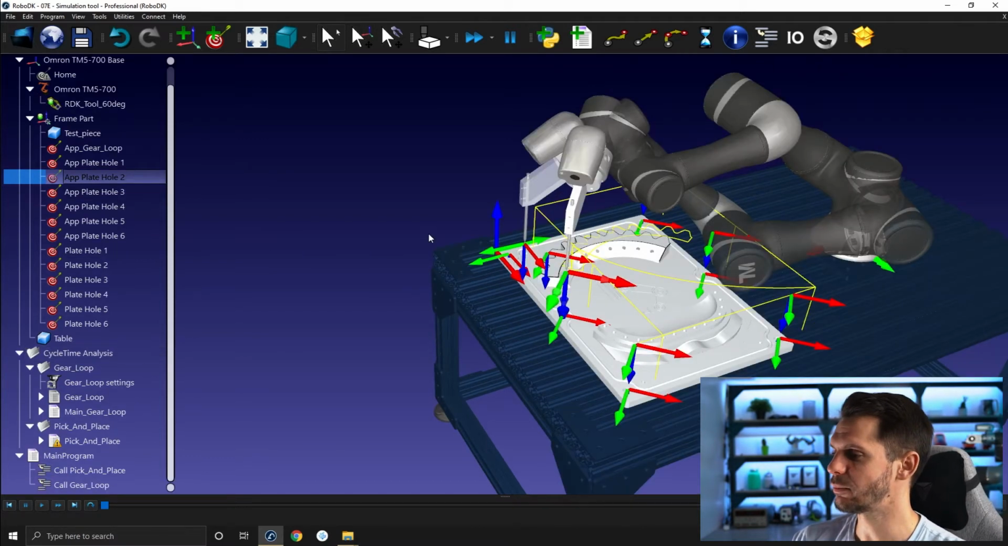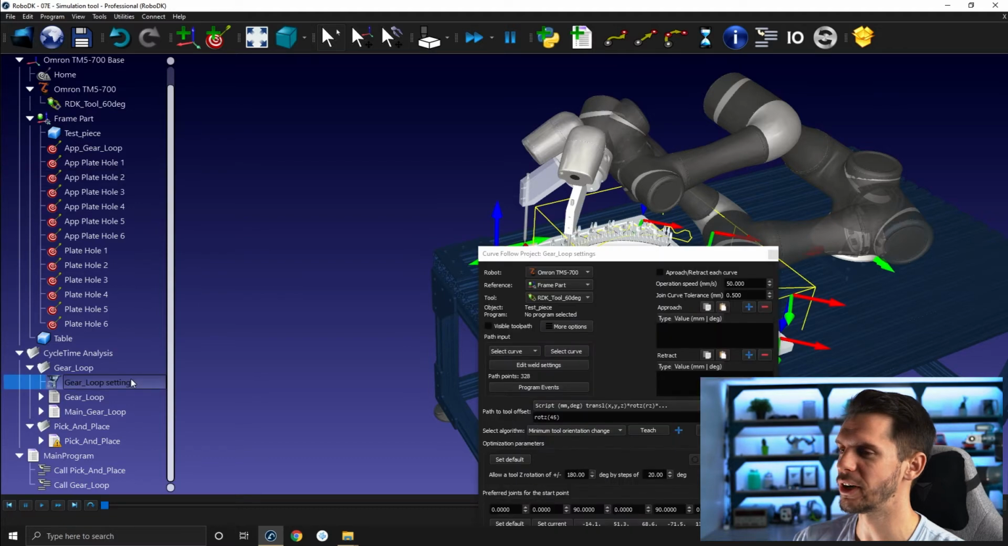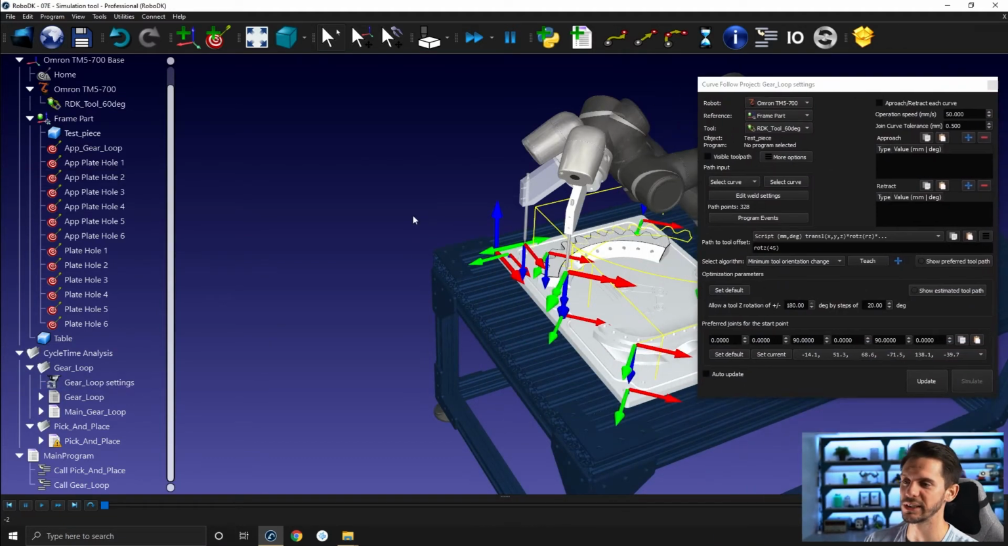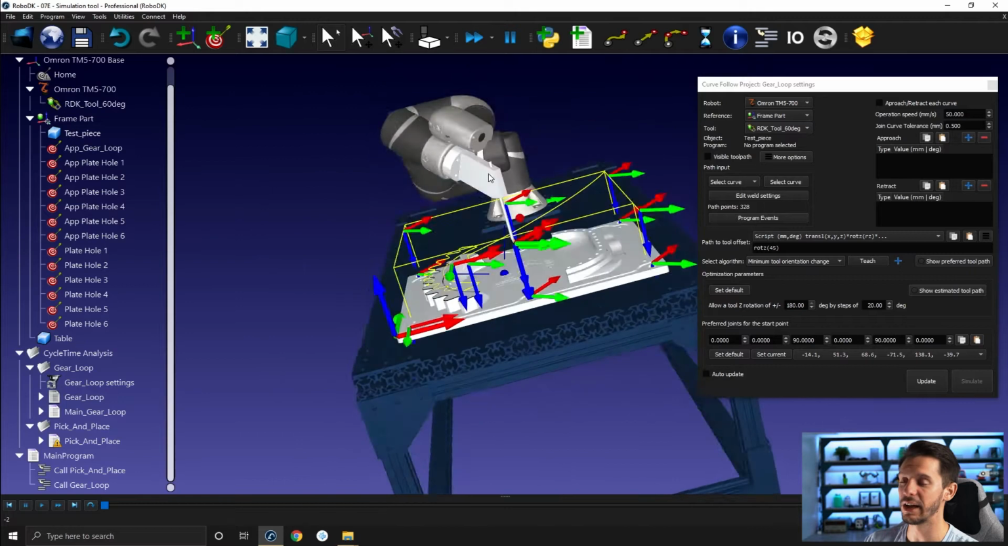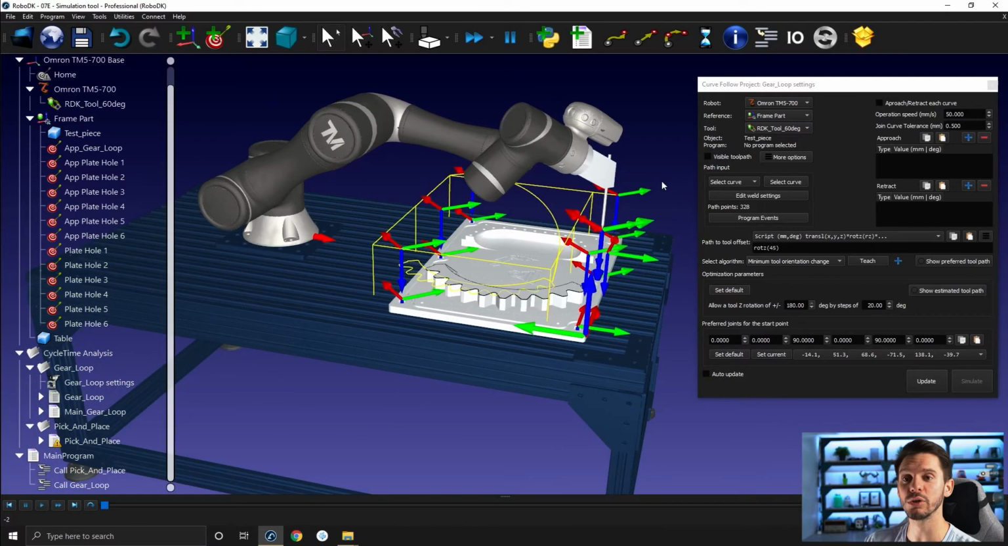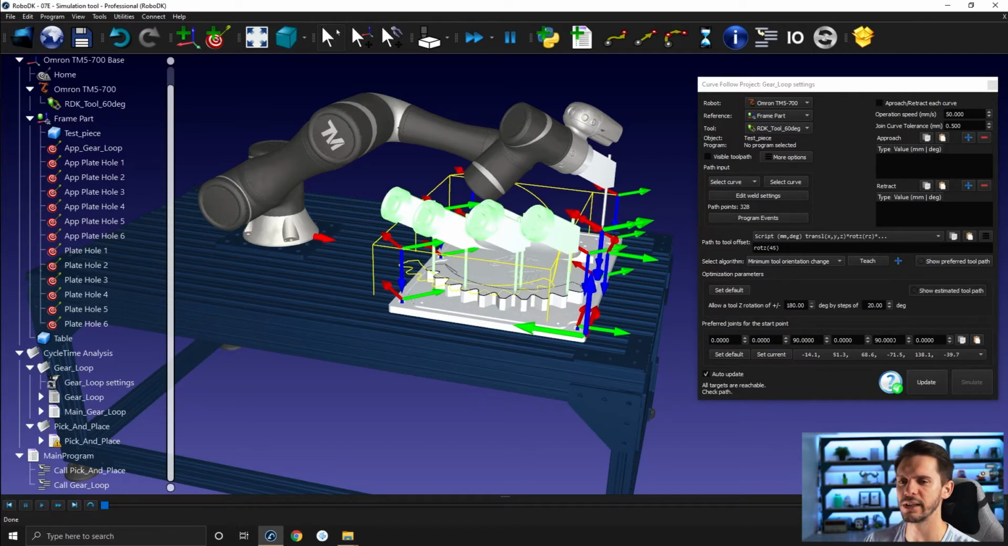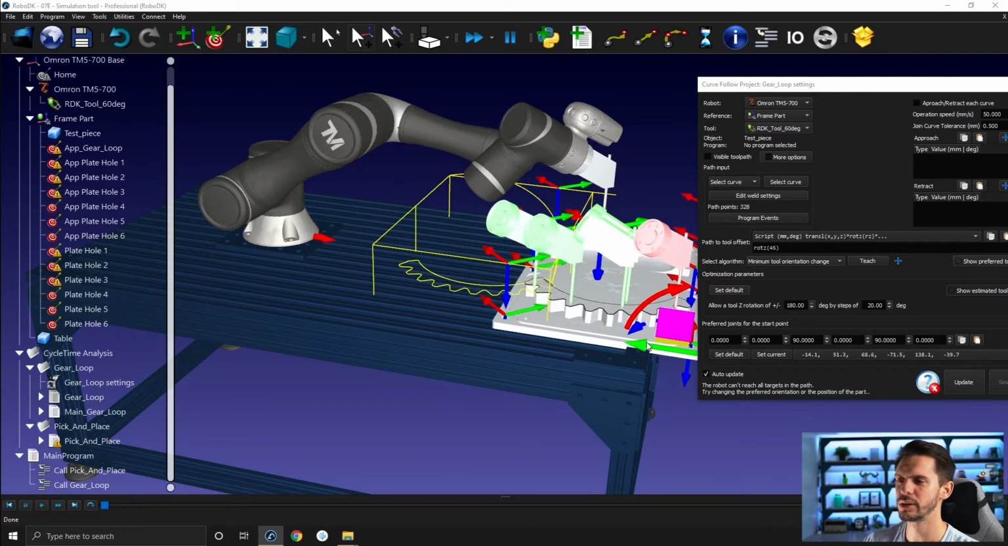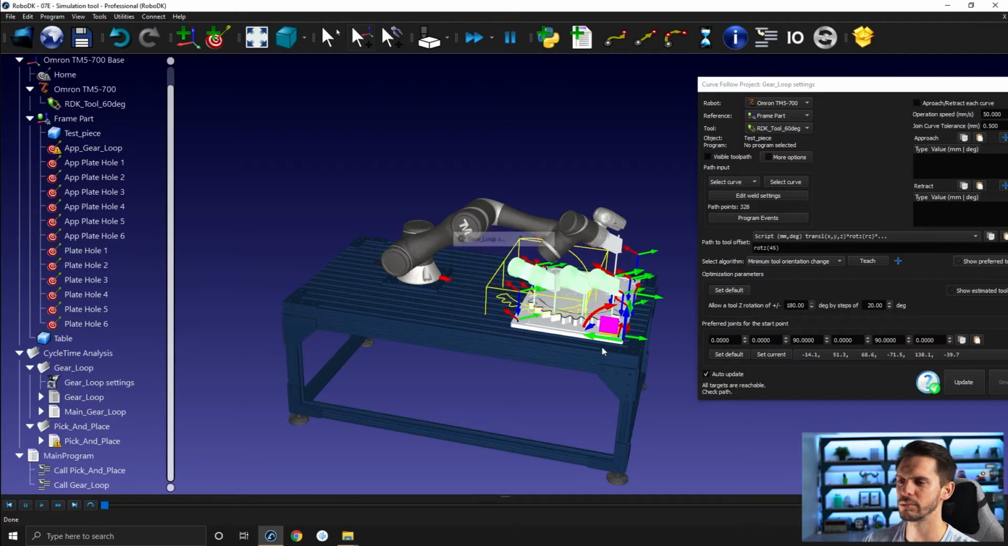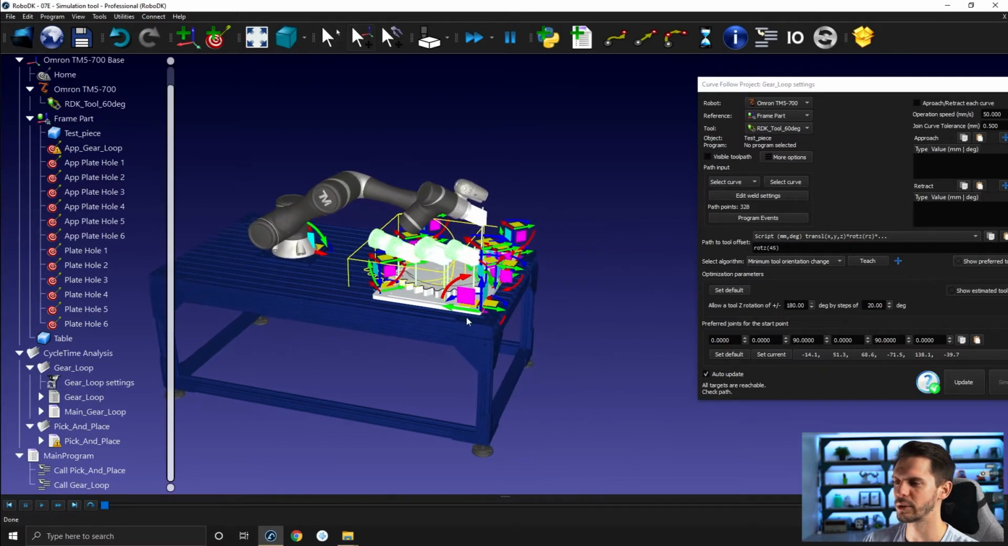Okay, last but not least, if you have a curve follow project, and you will see what a curve follow project is exactly in module number 10. So this is a tool to be able to follow more advanced paths for gluing, dispensing, polishing, stuff like that. You have an option here. If you click auto update and show estimated tool path, you'll be able to move here so you can better see. You'll be able to move